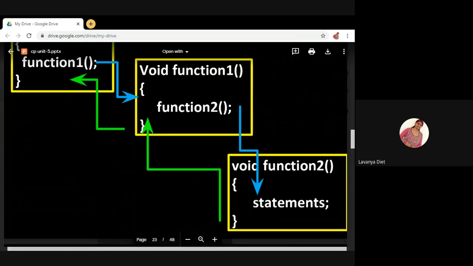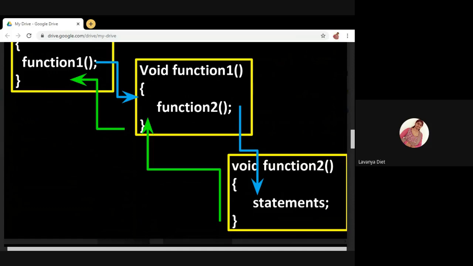After executing all the statements of function2, control goes to the next statement after function2, see the green arrow mark, back in the function1 definition.